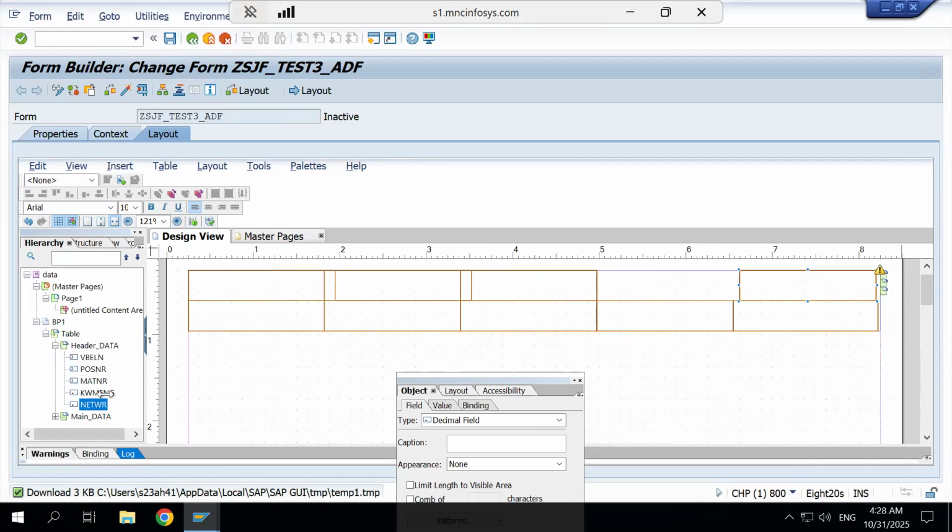Okay. Next KWMENG. So I will drag and drop it here. Next MATNR. MATNR is coming in the correct place. POSNR is coming correct. We will come to the correct place. Okay. And coming to this one,